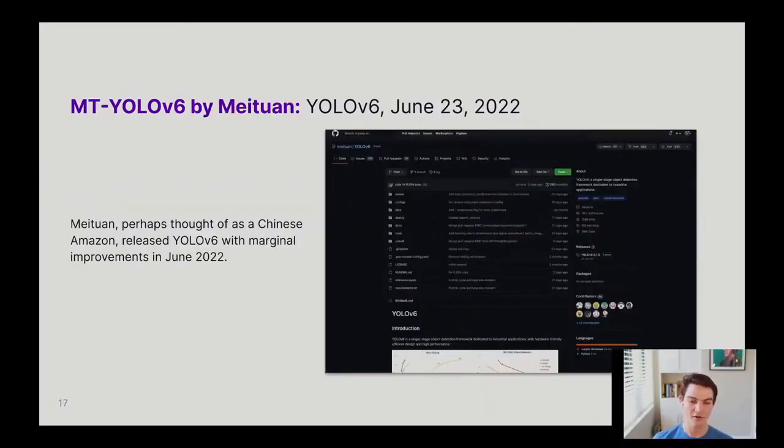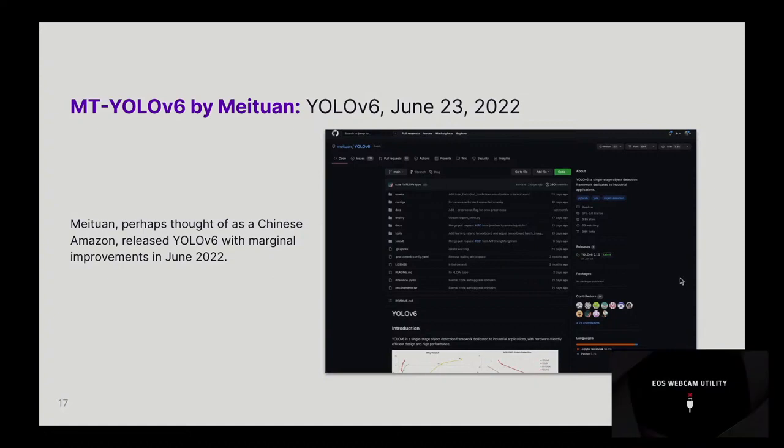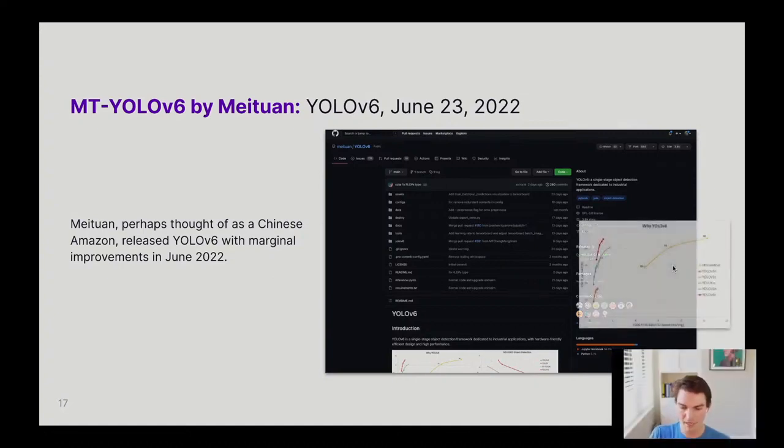Right after that, we get YOLOv6 from Meituan, a group out of China. You can think about them like the Chinese Amazon, and it's released June 23, 2022. So hot off the summer of 2022, folks are shaking off their COVID legs and releasing new models. And so YOLOv6 is a marginal improvement on YOLOv5. And similar to YOLOv5, it actually was released without as much fanfare and people deeply studying some of the papers. There is a what's-new release that you can walk through and identify with accompanying YOLOv6, but it's a bit more in the style of industry pushing us forward rather than just researchers pushing us forward. And you can see the performance in the COCO benchmark that it is marginally better than those that preceded it,